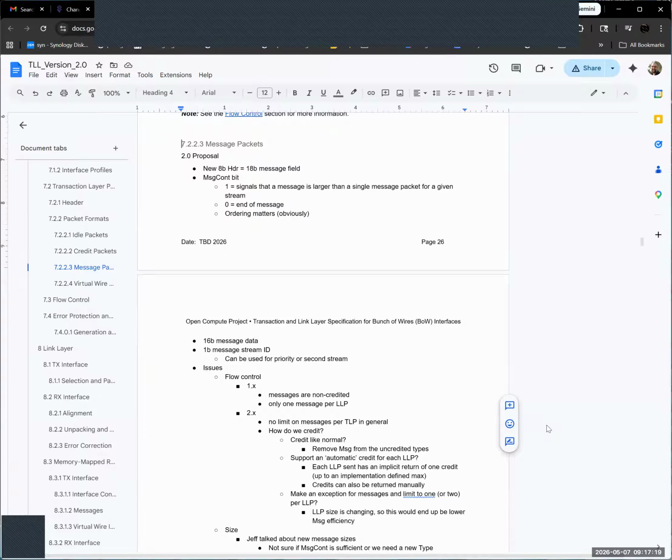I don't have a problem allowing 24, but the question is what the real trade-off is if you do that. Are implementations going to be shoehorned into specific mechanisms?